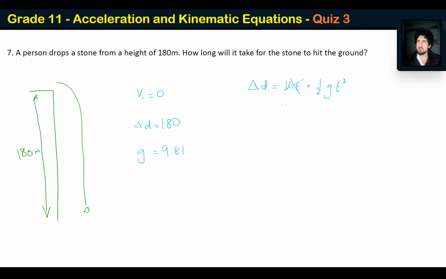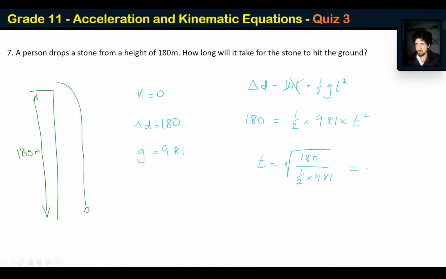And so let's have a look. So delta D, which is 180, is equal to half times 9.81 times T squared. Okay. And so in order to get the T, I'm just going to do some mathematical gymnastics. And that's equivalent to the square root of 180 over half times 9.81, which is equal to,